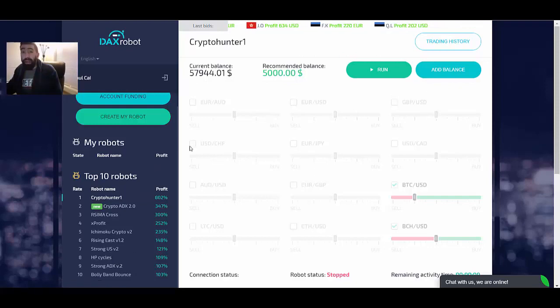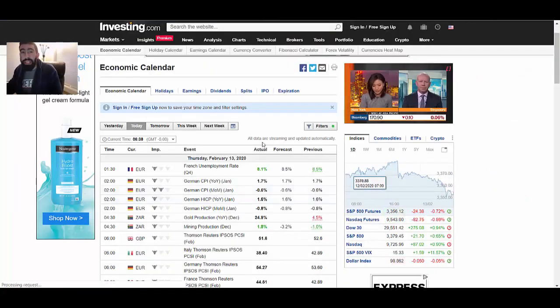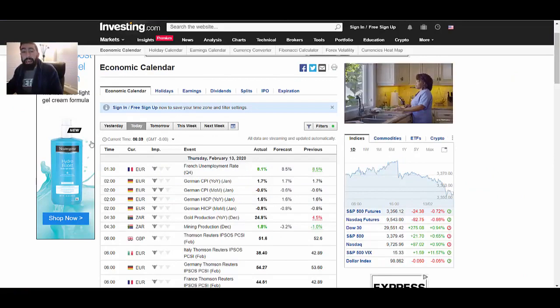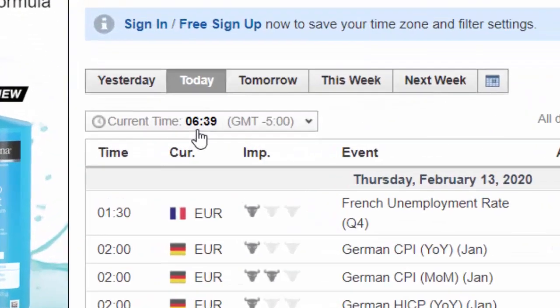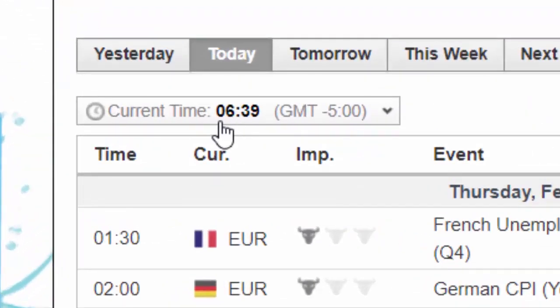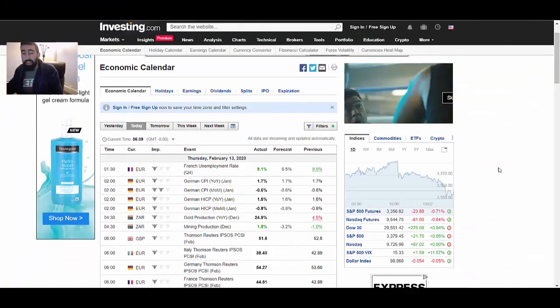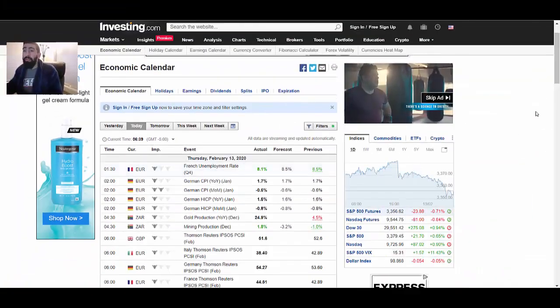Now, we are going to do some live trading, as I mentioned earlier, and what I always recommend doing before you trade is check the economic calendar. Now, as you can see, guys, as of right now, it is a little after 6:30 in the morning my time. It is very early, and for those of you who are wondering when is the best time to trade